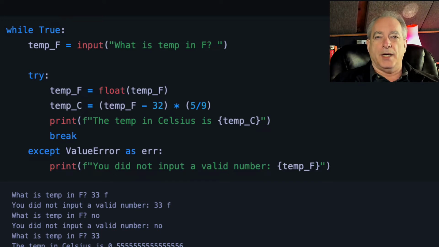And what while does is it keeps looping over the same code until a false condition is met. Now, if you'll notice here in my code, I did just while and it's capital True. And that is a special keyword in Python that is always true, obviously. And so while True, meaning it will never quit looping. If that was all we did, this would be an endless loop and, kind of weird, not much fun. Although you could keep asking the question over and over until the user shut the program down.